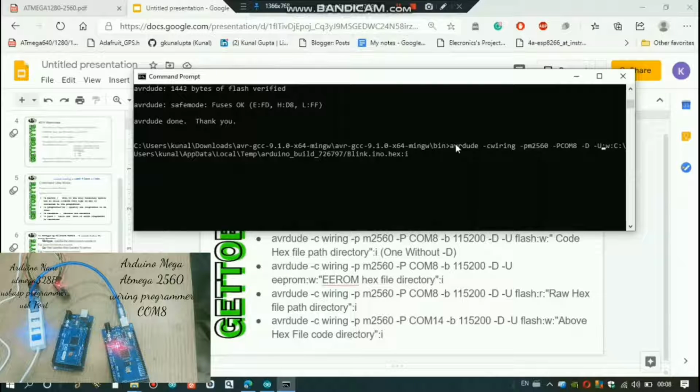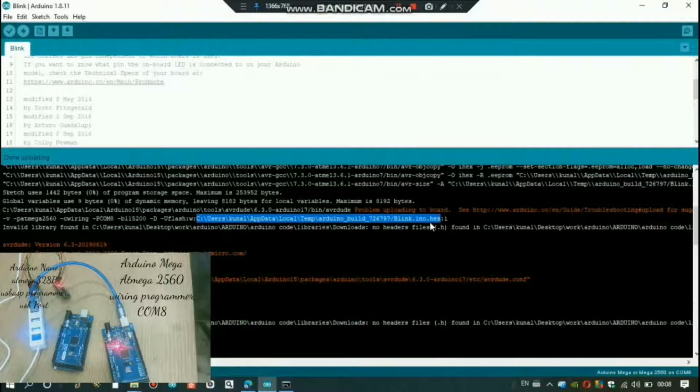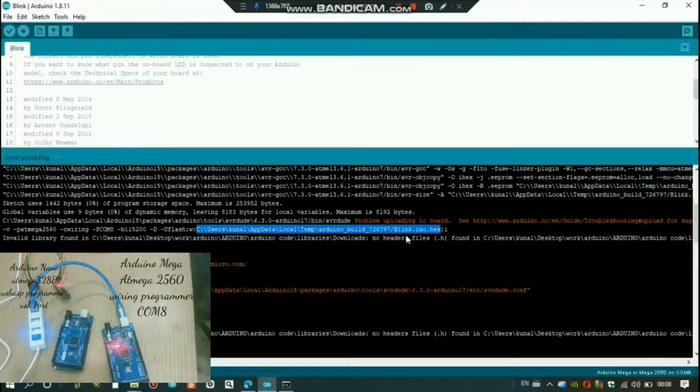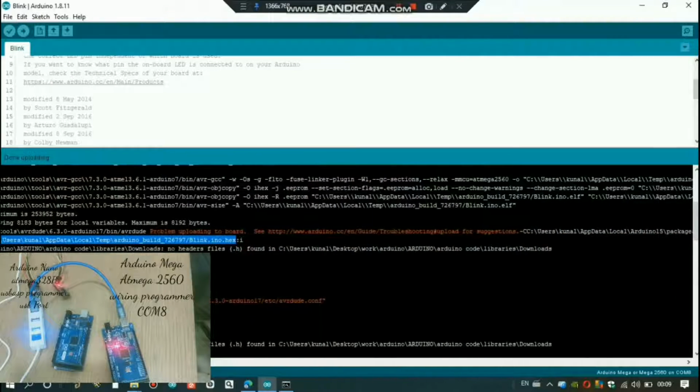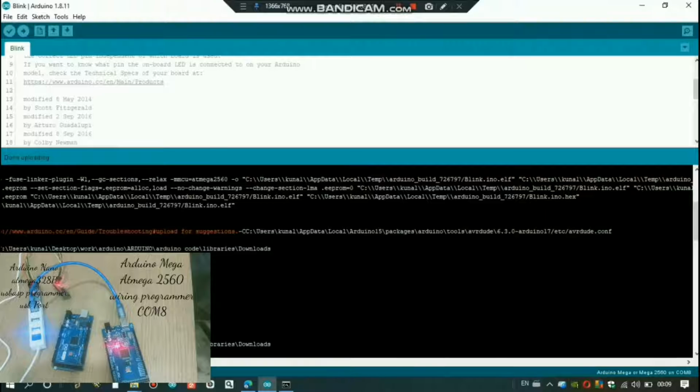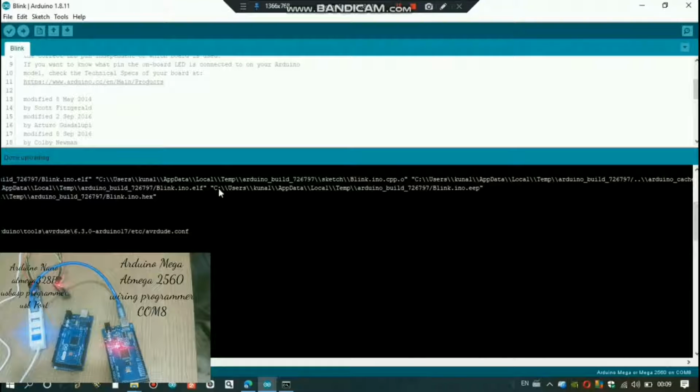We will just type in the -U and just type EEPROM. Okay, and instead of this, let me show you. Here we have the directory of the hex file of the flash code, the code which went to the flash memory. In the above here only you will see the file ending with .eep. Yeah, here. So this is our EEPROM memory code. So just copy it.